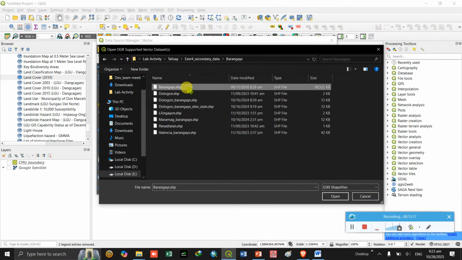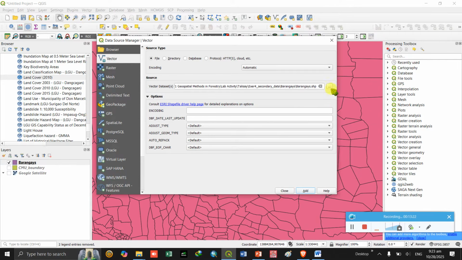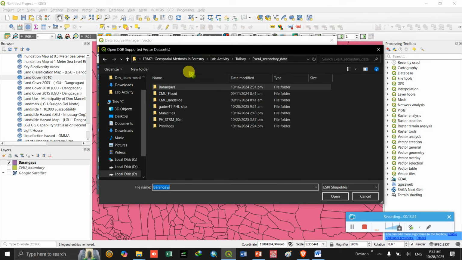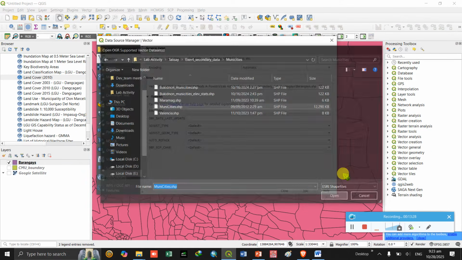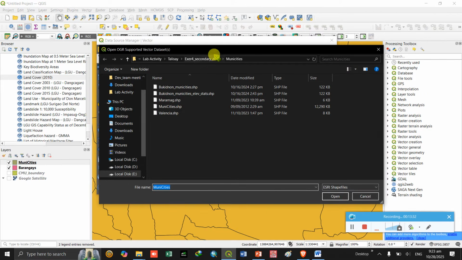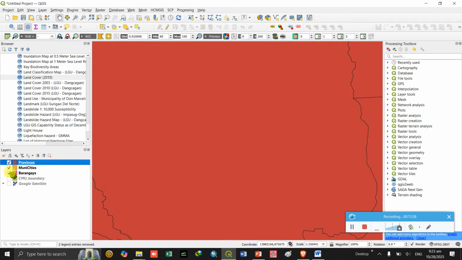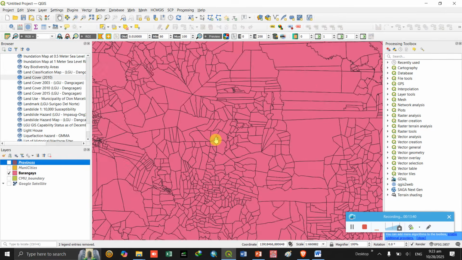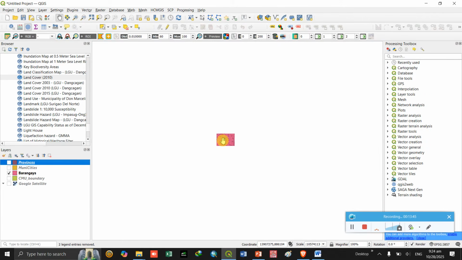Then barangay, click open, click add, and then municipalities, click municipalities, add, and then the provinces. Okay, so first let us check the barangays. So this is the barangay boundaries all throughout the Philippines.